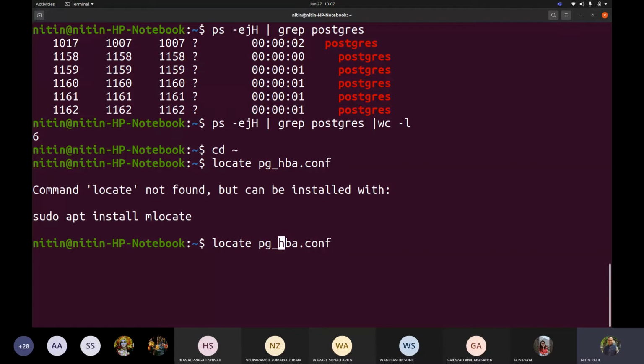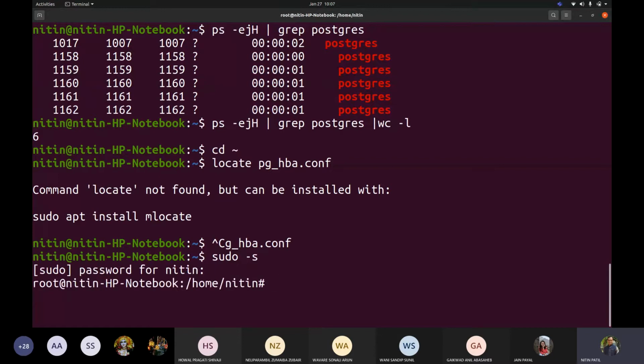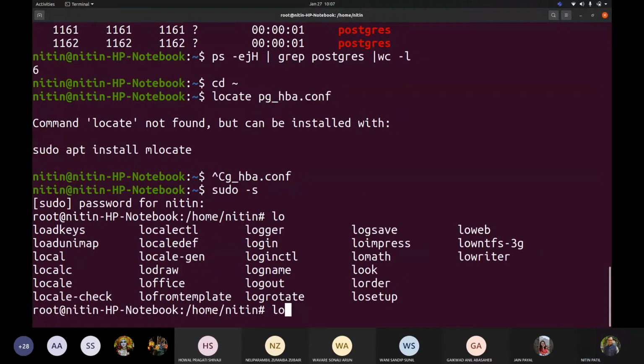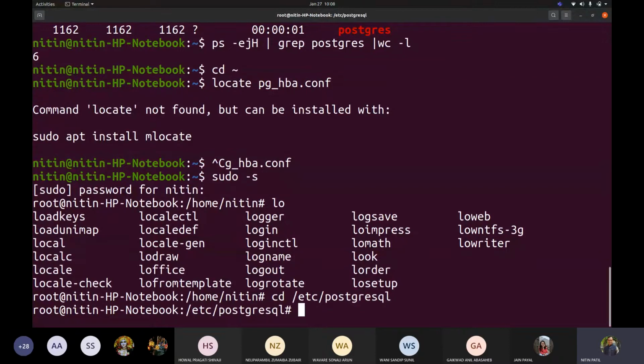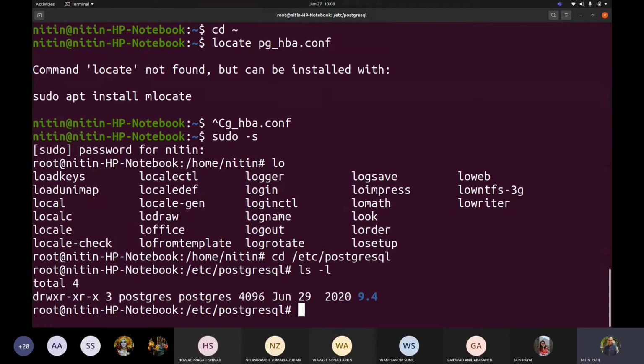sudo -s. Okay, so you have to go through this particular file. You go to etc and then PostgreSQL and try to find out whether your particular directory is available there or not.